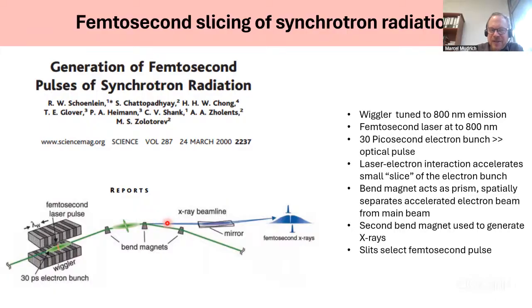So we get a spatially separated, very short pulse of radiation, which then using a set of slits can be separated out of the main beam of light that is emitted from the main bunch that continues traveling along the beamline or along the accelerator here,